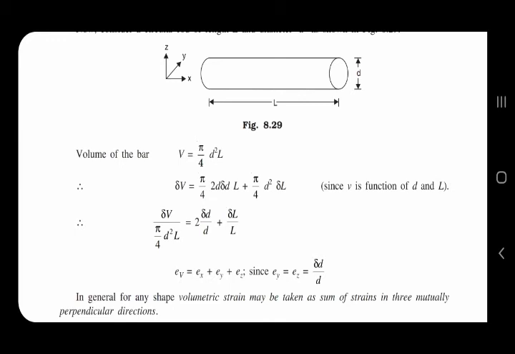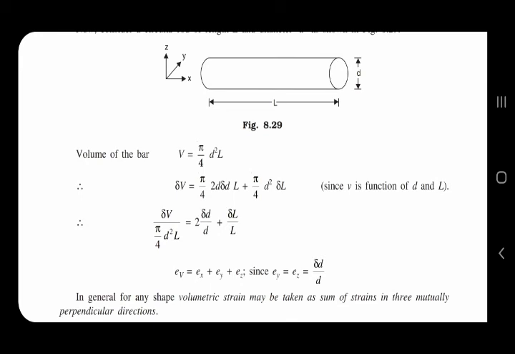Now, if you consider a circular rod of length L and diameter D as shown in the figure, the volume of the bar will be V is equal to pi by 4 D square into L, that is the general volume of the bar. If you want to find the volumetric deformation, we can say delta V is equal to pi by 4 into 2D delta D into L plus pi by 4 D square into delta L. So delta V by pi by 4 D square L is equal to 2 delta D by D plus delta L by L,